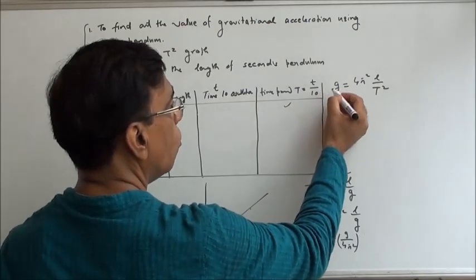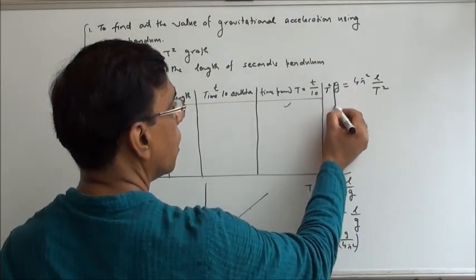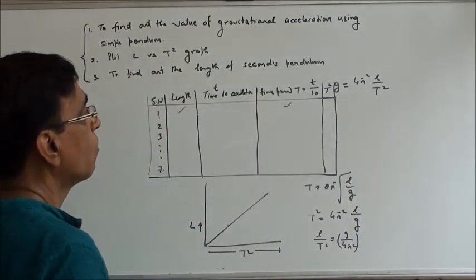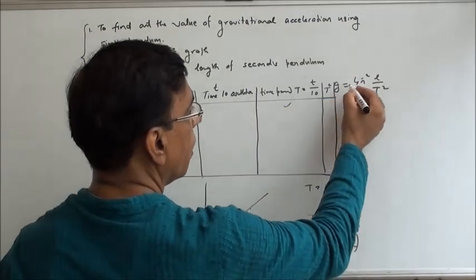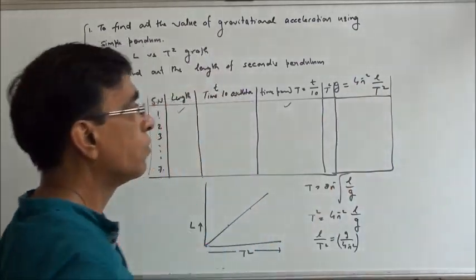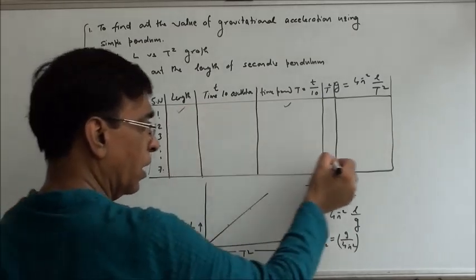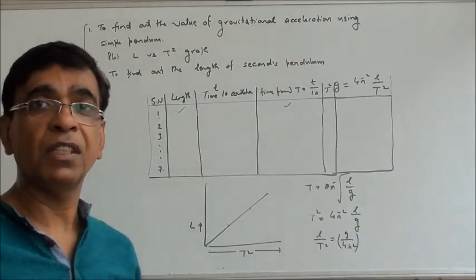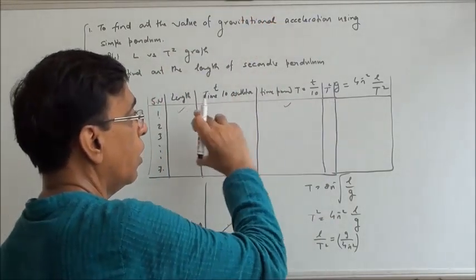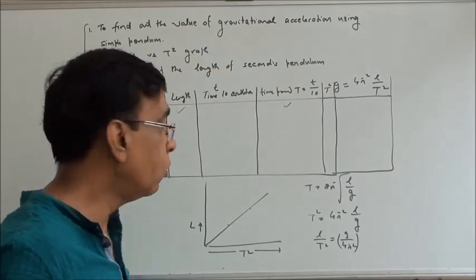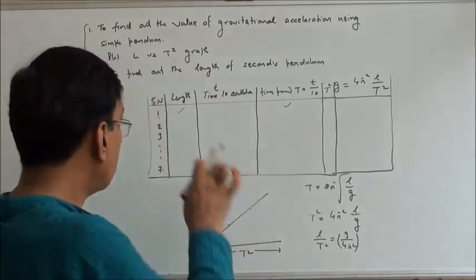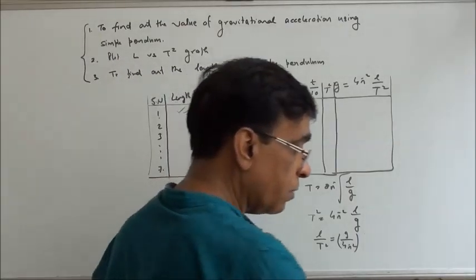One more column you can add for T square, because you need to use this value in plotting the graph also. So just 5 columns are enough, and then the next column you can write for G. So you can calculate G separately for each observation, and then you can find it from the graph as well. So first part, you have calculated this value theoretically, you have plotted the graph, you have found the value of G using the graph also, and the last part is to find out the second pendulum,